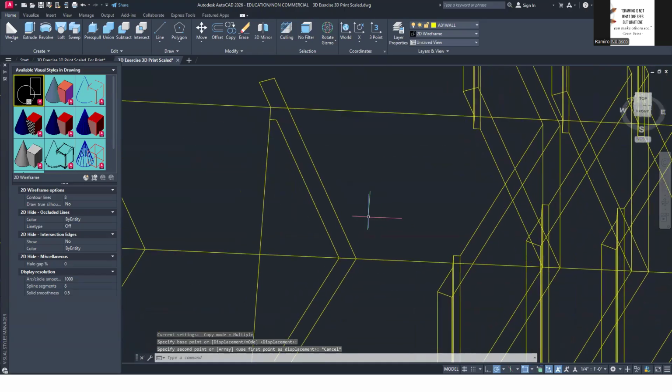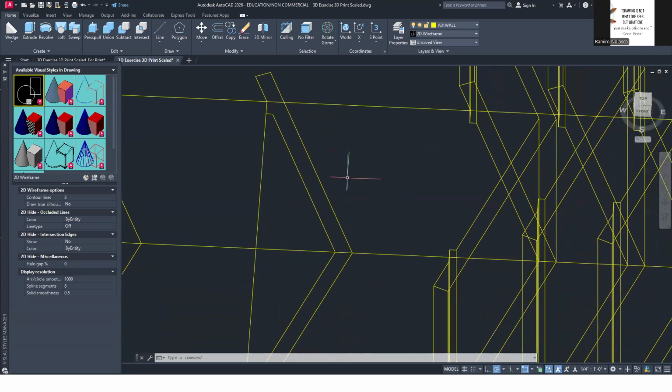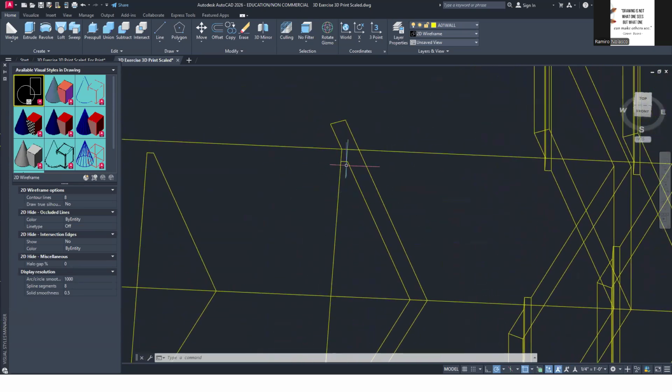And then I just extended that and created an offset. So I know the overhang and then simply created a 6-inch thick roof. And then from here, I also created this.